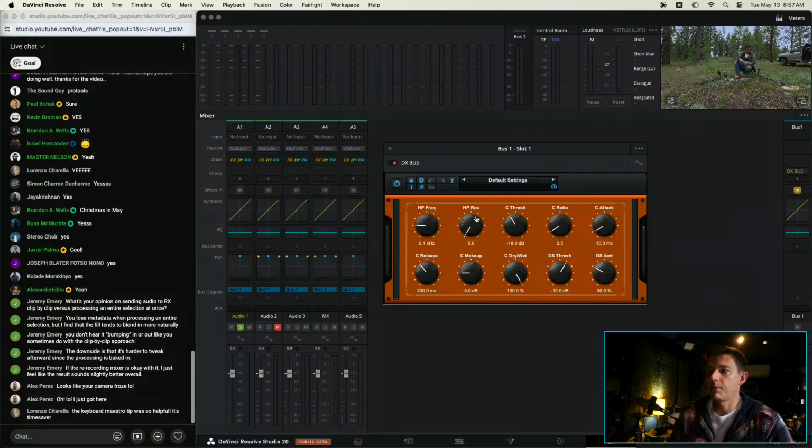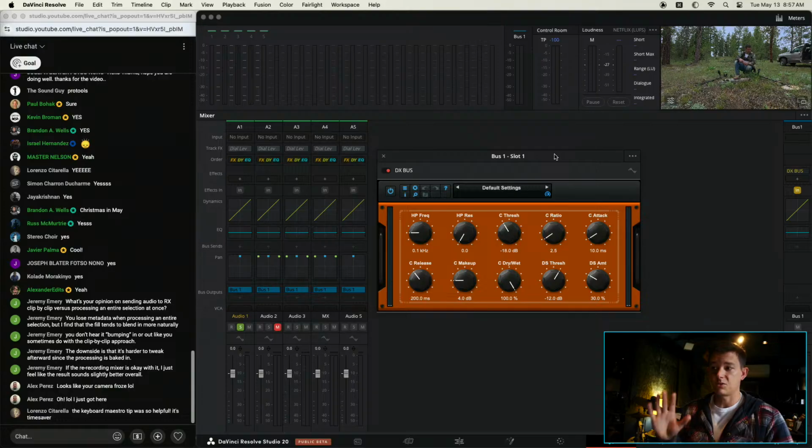So it goes through the high pass frequency, then it goes to the de-esser, then it goes to the compressor, and then it goes out to a safety limiter, which has fixed controls. So you should not be able to clip, in other words, go over 0 with the output of this plugin. The safety limiter is set, I think I said it's like -2 or -4. It's something that's safe for dialogue. So anyways, you've got a high pass frequency.